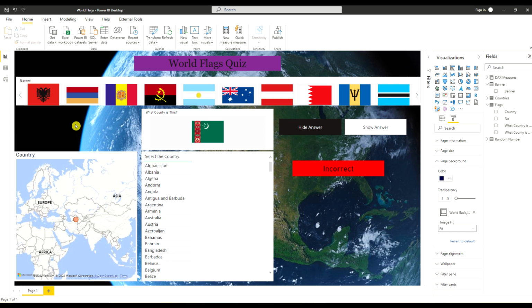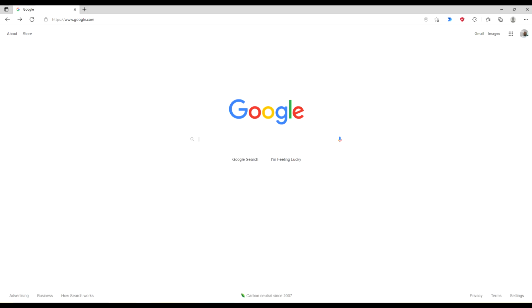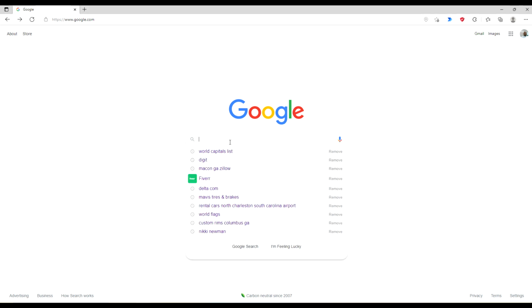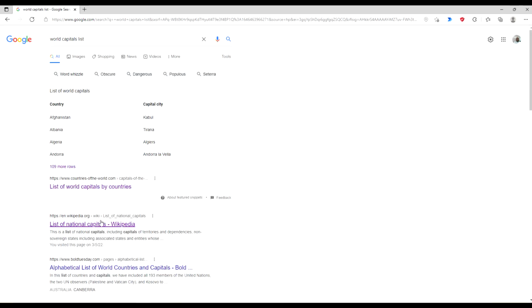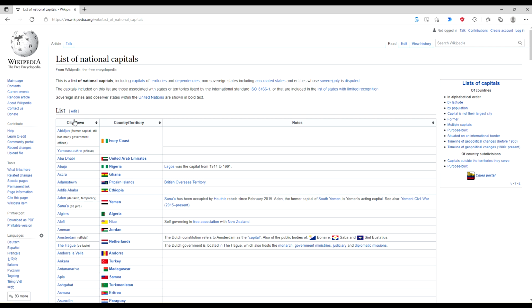All right, the next thing I want to do is display the world capital of the country right here. So I'm going to go to Google. Search for world capital list. Let's go to Wikipedia. So this is the information I need right here in this column. So I'm just going to grab this URL,